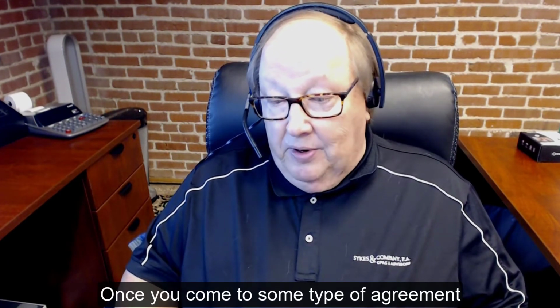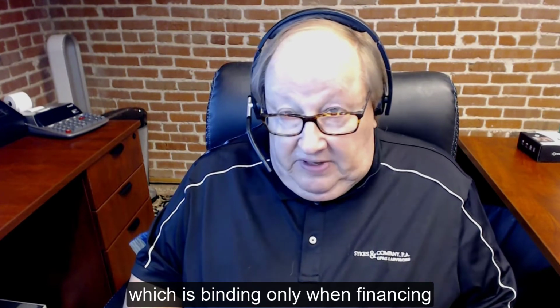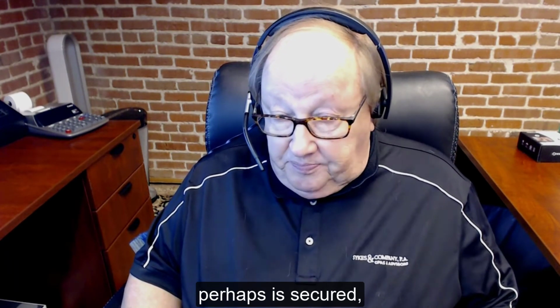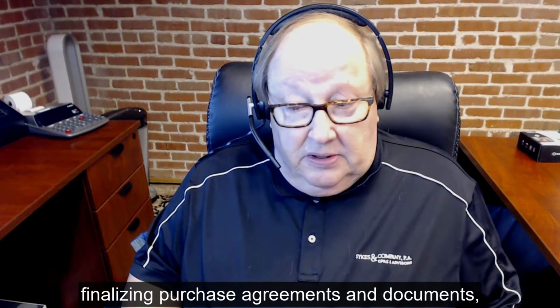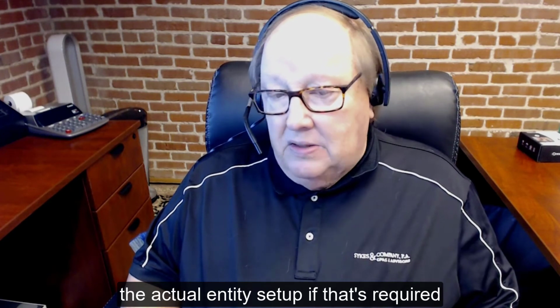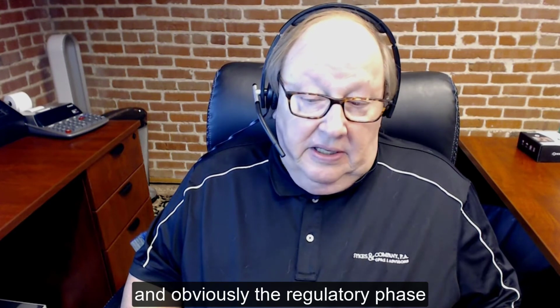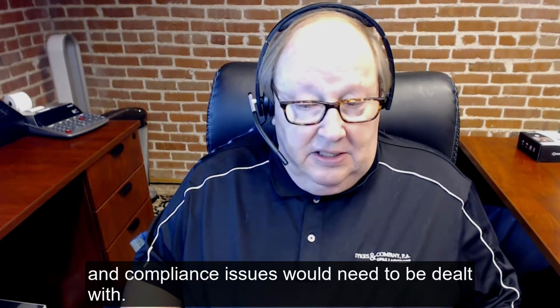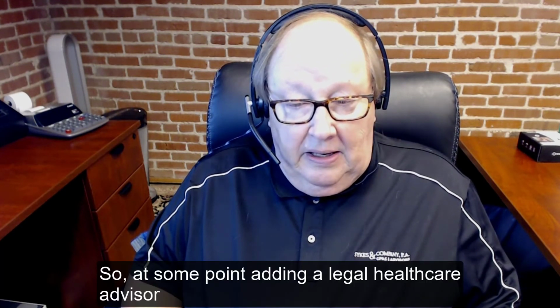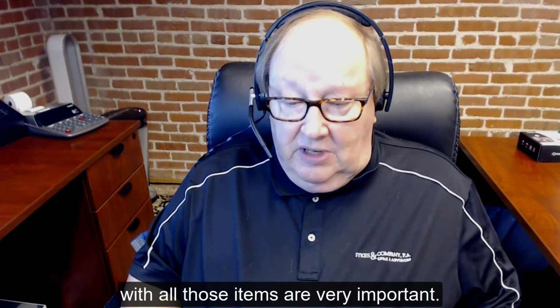Once you come to some type of agreement, a formal letter of intent, which is binding only when financing perhaps is secured, financing, purchase agreements and documents, the actual entity setup if that's required, depending on the type of purchase that it is. And obviously, the regulatory phase and compliance issues would need to be dealt with. So at some point, adding a legal healthcare advisor who's experienced with pharmacies and working with all those items